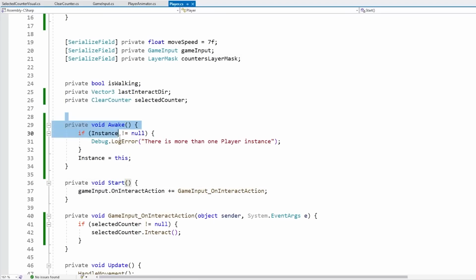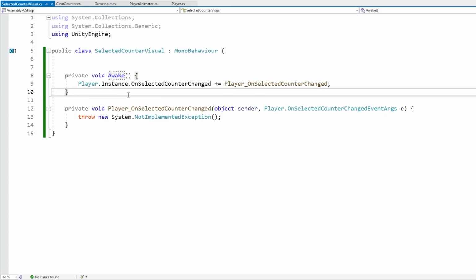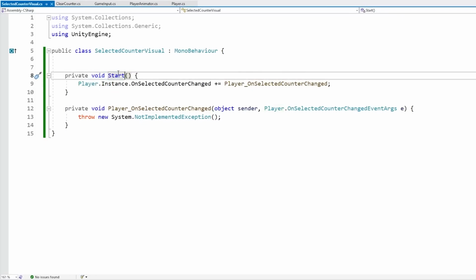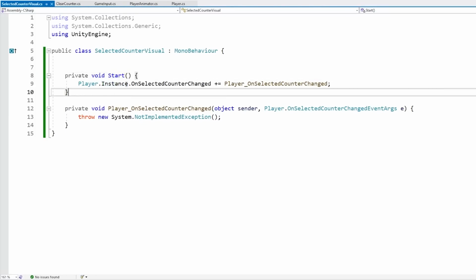So in this case, for initializing the player and setting the instance, that relates to the initialization of the player, so let's do it on awake. Whereas over here on the visual, since here we're going to access the player, which is an external reference, for this one, instead of doing it on awake, let's do it on start. This way we are guaranteed to make sure that this instance has been set. Okay, so with all of that, here we have our instance, so that works great, and we have our event,